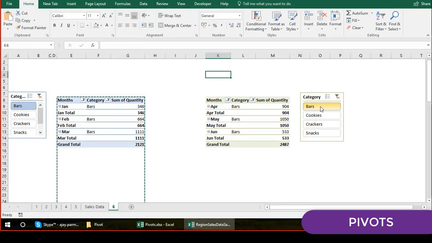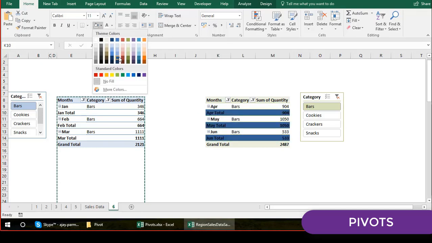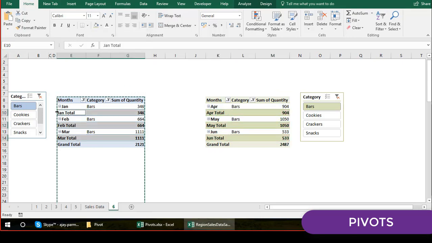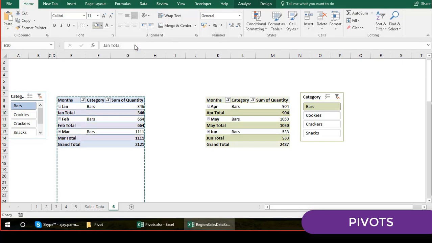So now you can quickly see the performance. You don't want the total, you can remove that, but I would like to keep it. So let's just go and give this a little color, maybe this one. Let's go and give some color to this. Yeah. So this way, guys.